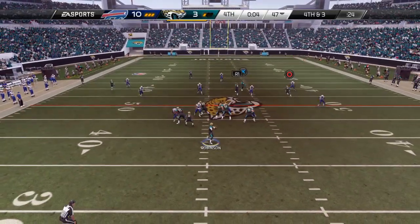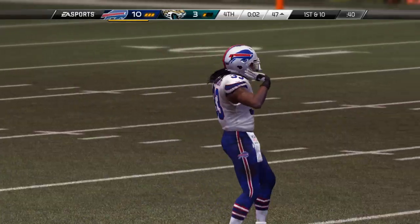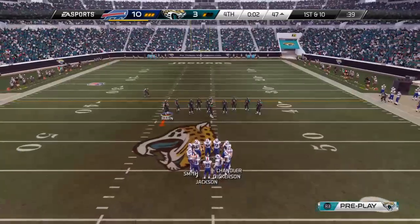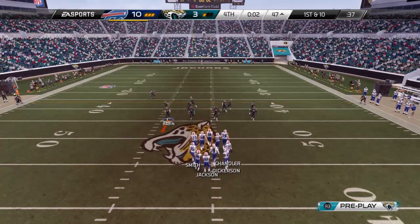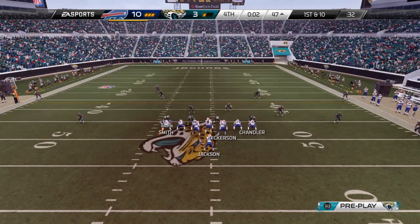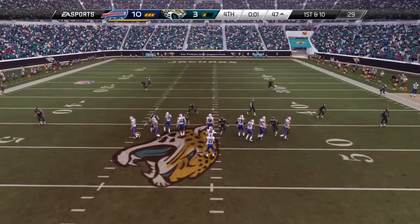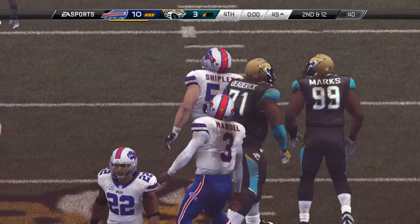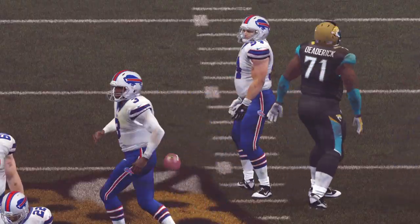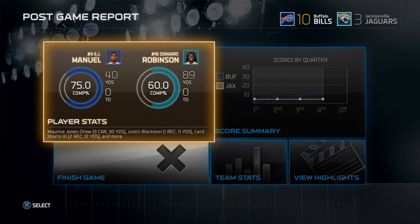Robinson's going to take it from the gun. Looking across the middle, under fire on that throw. This defense can pressure the quarterback. There's no doubt about it. They did this time, and it results in another incompletion. 2 tight ends. Takes the knee. This one could have gone either way. Each side made some spectacular plays, but we've come to